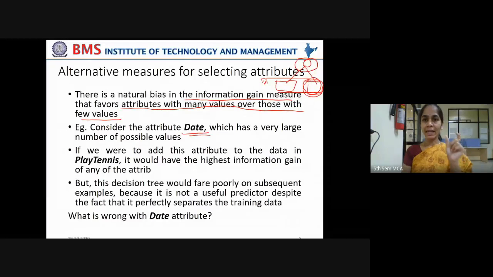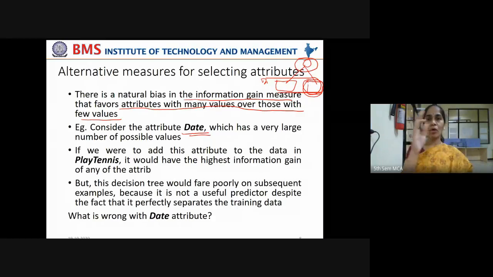Understand carefully. Date has 30 possible values. And on a given date, tennis is played, yes or no? There is only one possibility, right? And given the date, immediately it can perfectly classify whether the tennis is played or not. There is no ambiguity like